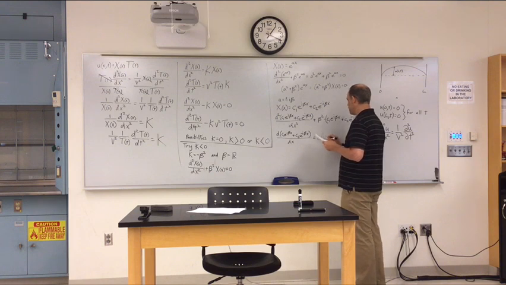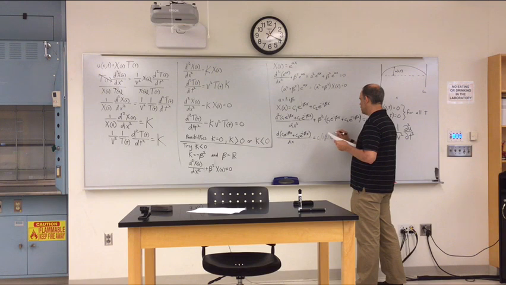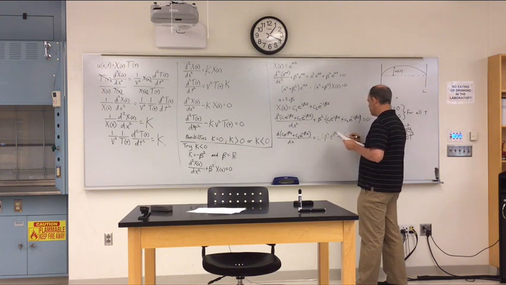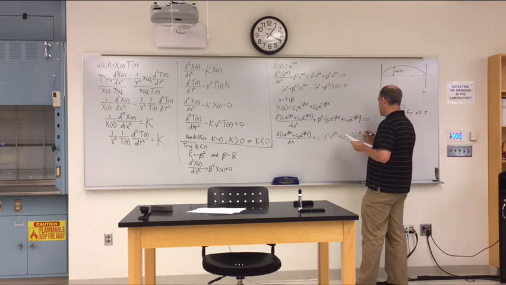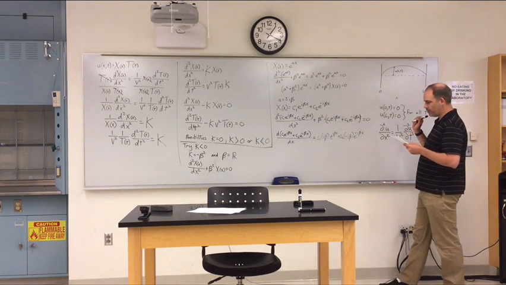So that's i beta e to the i beta x, plus c2 minus i beta e to the minus i beta x. Okay, if we then take the derivative of that,